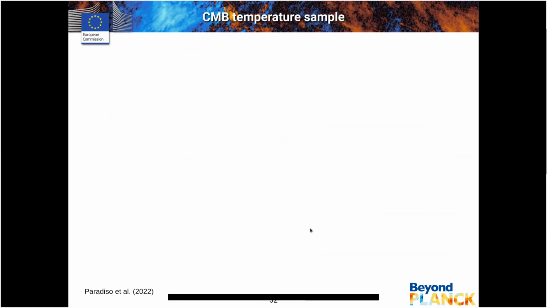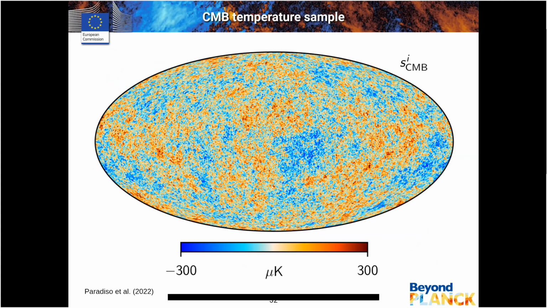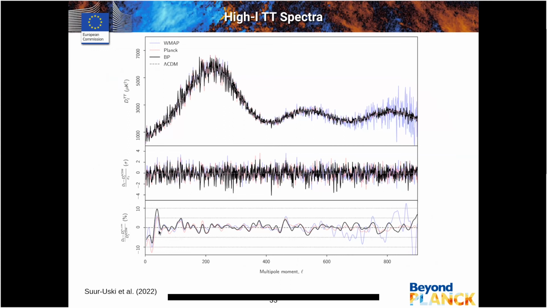And then this is what our CMB temperature samples look like. You can see that we've managed to get rid of the large-scale polarized... well, actually, you can't see that in this plot. This is what the power spectra of our CMB maps look like. This is in TT, and these are the deviations from the model plotted. We are in black, and then you can compare with WMAP and Planck, and we largely agree with the deviations that have been seen before.